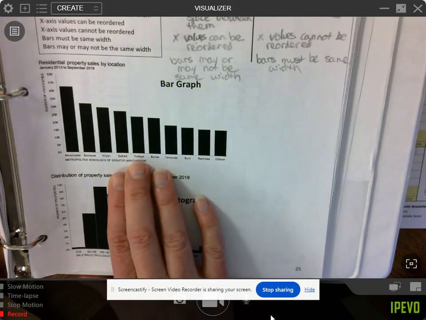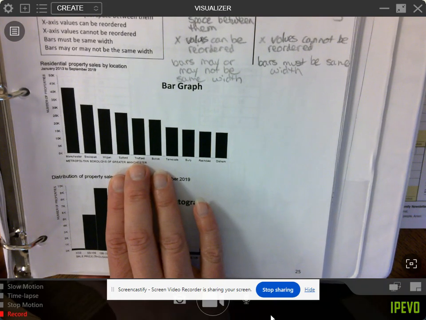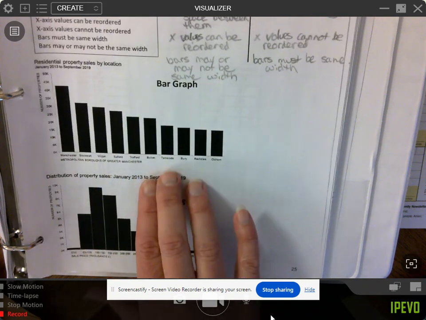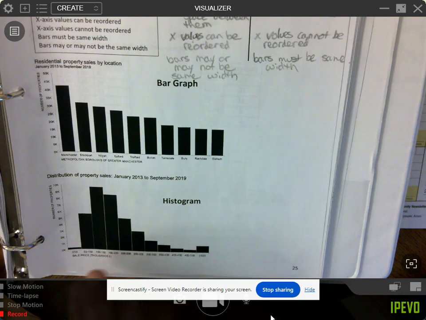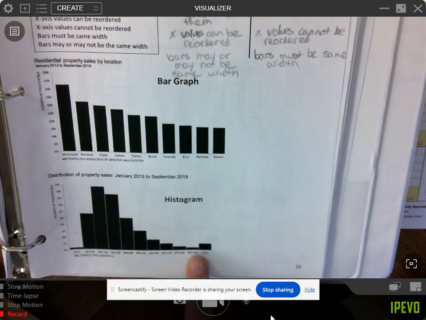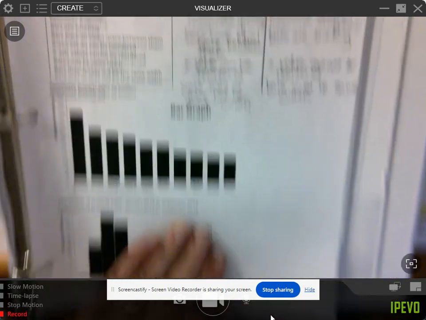Bar graph, it could be the injury types. Injury not specified, back injury, you fell. Those types of injuries, it didn't matter the order they were in. Histograms, it matters the order because they are numbers and they build sequentially on each other. Bar graphs have spaces, histograms do not. So let's look at our homework